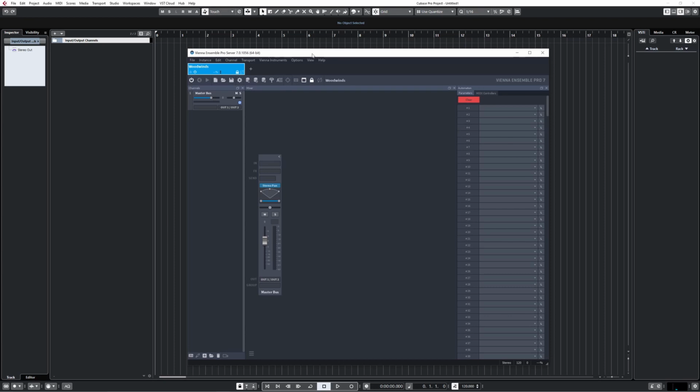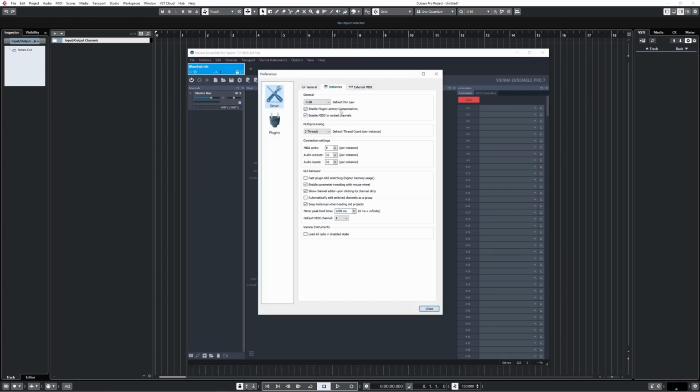Each instance is capable of 8 MIDI ports and 32 audio inputs and outputs. That's of course 32 mono channels of audio, so really we're dealing with 16 stereo channels for each. You can increase these numbers, but I suspect you'd run into some performance issues. I'm not sure though. You can also set the number of CPU threads dedicated to each instance. The default for mine was 2, and I haven't bothered to change that,